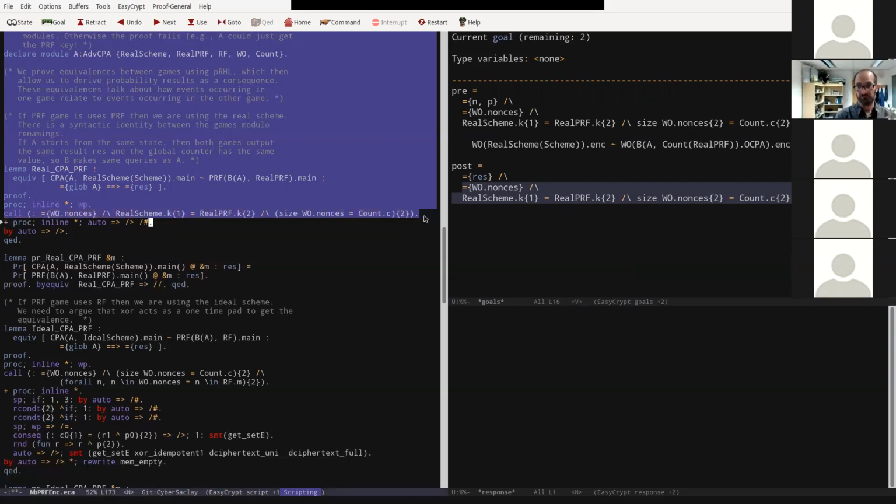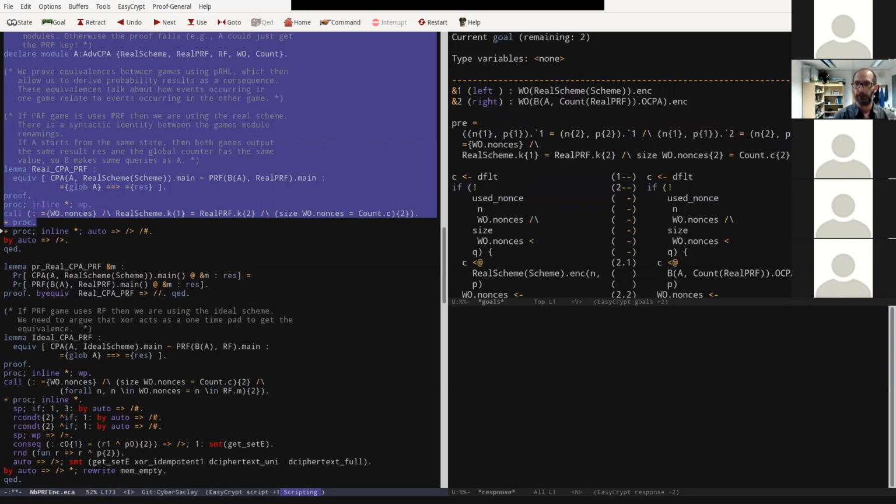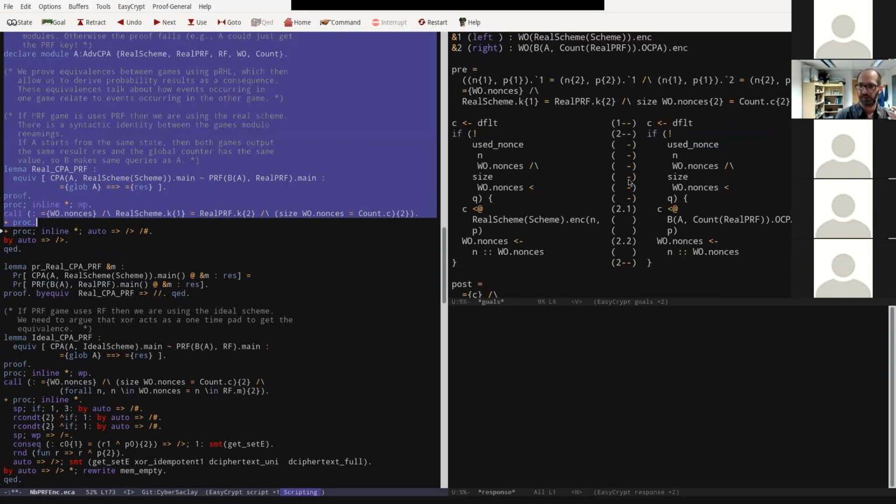How do we prove this result? Well, we can prove it. Again, this is just a sub-goal, but that's an equivalence by itself, right? So we can, again, say, okay, we'll look at the code of it. And here we can see already that there's quite a few things in common that agree on both sides. So again, we need to prove equivalence, and we'll get that essentially for free on those first bits. But here again, internally, we've got a small difference where on the left, we've just got the real scheme oracle. On the right, we've got this reduced oracle, the oracle that the reduction implements using the PRF. And so we can highlight those